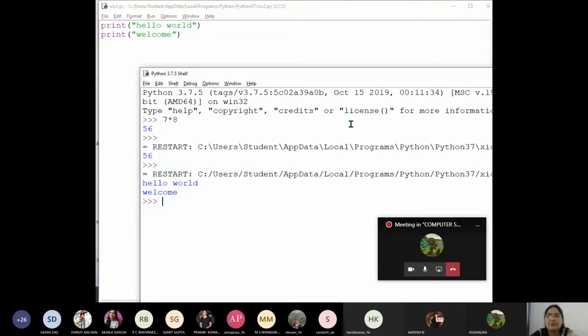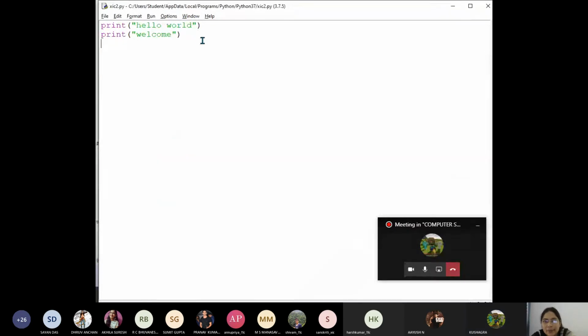Understood how to display using one print command? Print is a function. So whatever we want to display should be within the parenthesis. Parenthesis means these brackets. You can see these brackets, in black color. Can you all see? Yes or no, children? Only one person can see. Aman? Yes, ma'am.